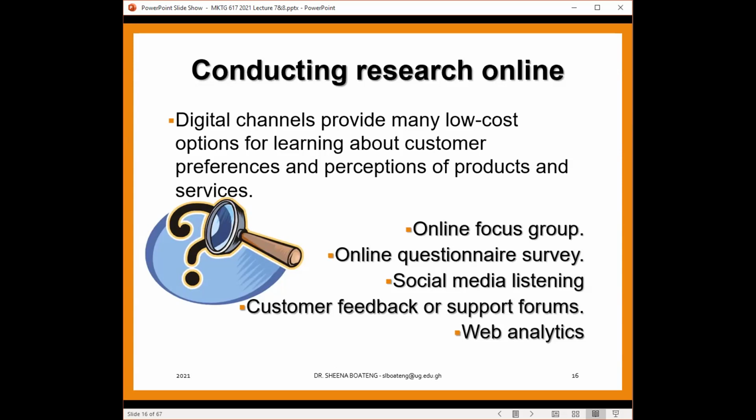However, with the online context, we just have to design the survey using one of the online survey platforms, either Google Forms or SurveyMonkey or any of the other survey platforms we have at our disposal, and then send it out in a blast. Or copy the link and send it out on various platforms and get the respondents to respond remotely, and all the responses will be collated at one place, which again makes it easier for the marketer,